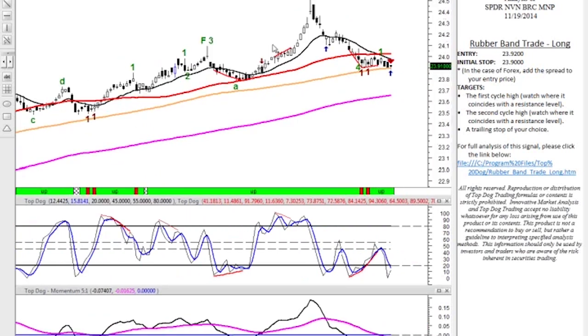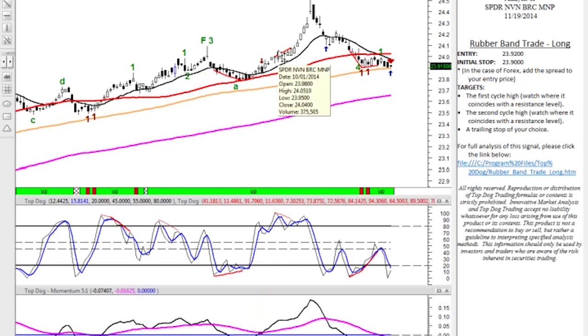In addition to that, some of the things we look for as part of what we're doing is divergence between momentum and price. You'll see right here where this red line is. Price is going down while momentum's actually going up, and that's one of the strategies that Barry uses. So we actually plot that on the chart for you.